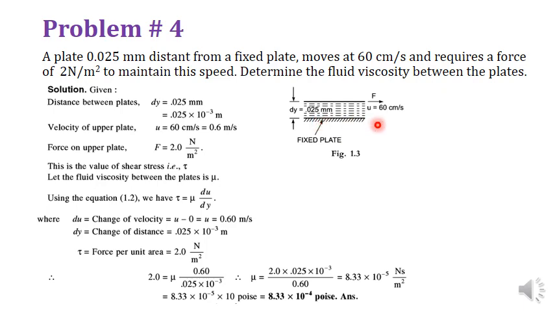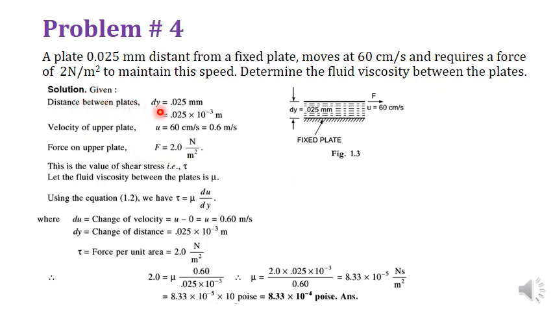What is the second input data? That is the applied force. Okay, that force is applied in terms of stress, 2 Newton per meter square. Third input data is the velocity of the fluid, that is 60 centimeter per second. So again, your force is in Newton per meter square, your velocity in centimeter per second, your distance in millimeter. So while solving this problem, you need to be careful with consistent units. So start with the solution.